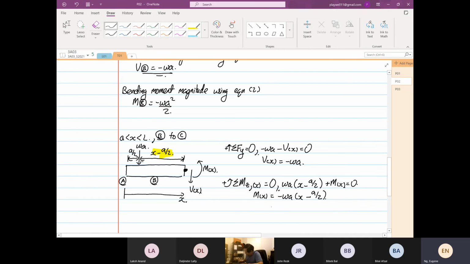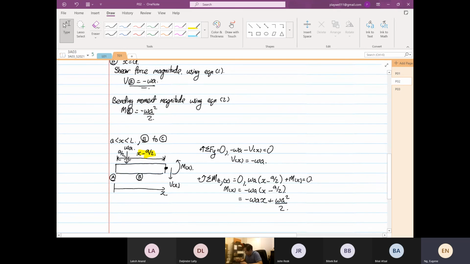Then you open up the terms, get rid of the brackets: minus omega A X plus omega A squared over 2. So there you go. Now once you have this, let me see, did I form anything wrong? Minus omega A X plus omega A squared over 2. Okay, it's correct. So you have equation number 3,